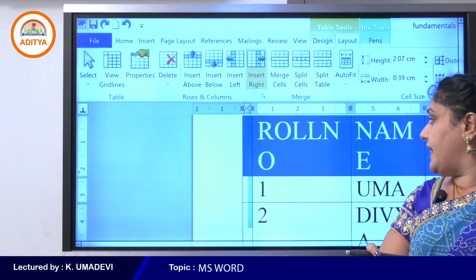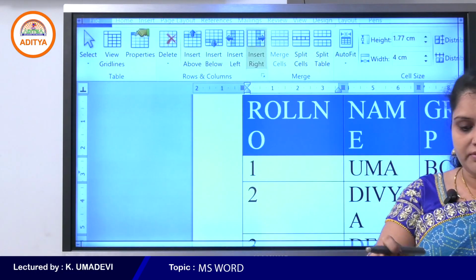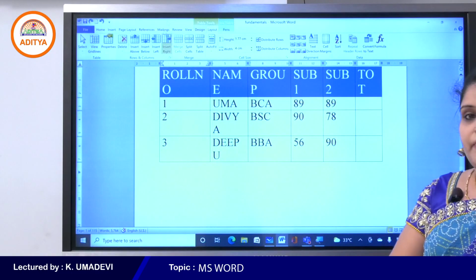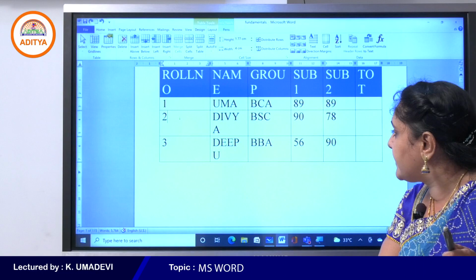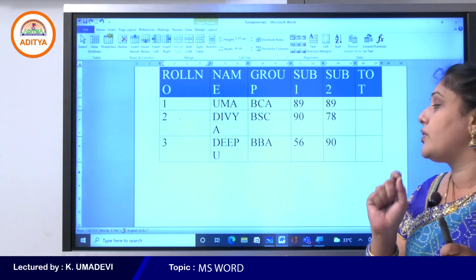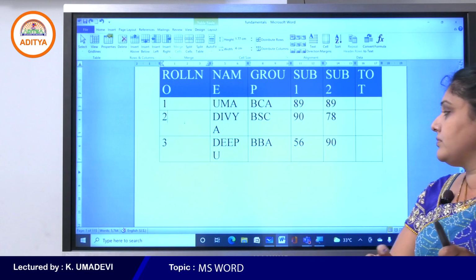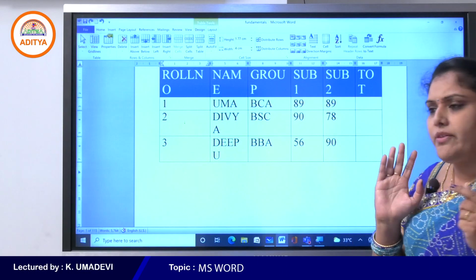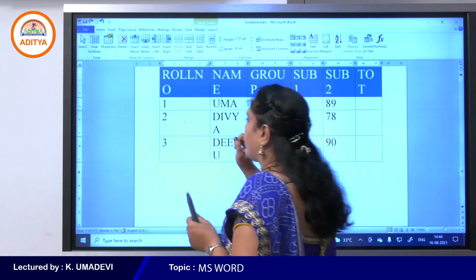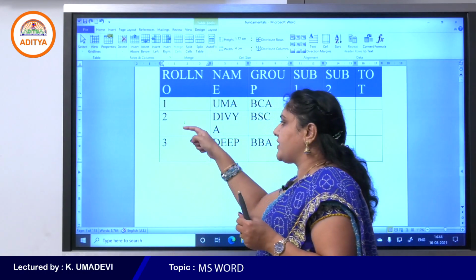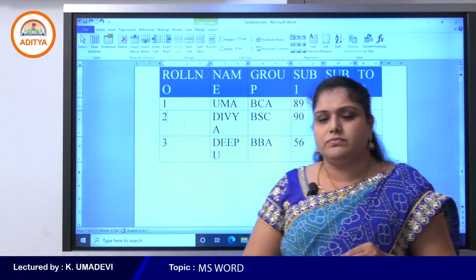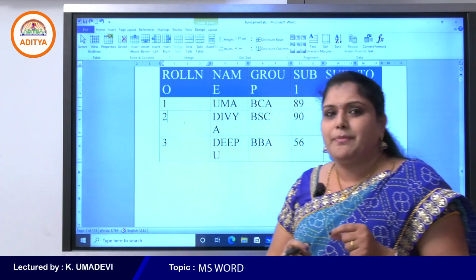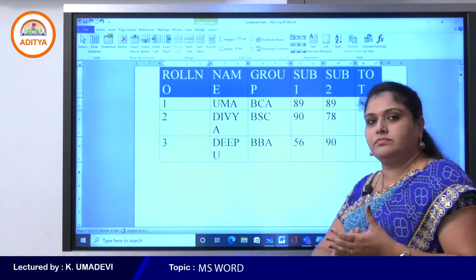I'll press Ctrl Z. So this is our table. For example here, tell me students, now my cursor is in the second row, that is roll number 2, that is third row. Now I want to insert a new row after the second row, that is roll number 2 row. How can I insert a new row? Which command is used now?